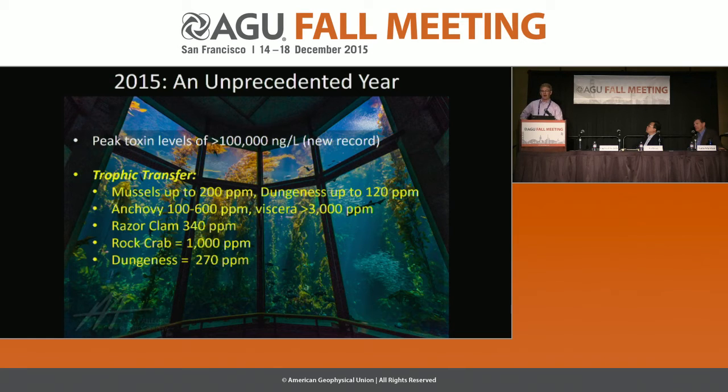Showing you just the records, and so these are only values where we've exceeded anything that anybody's ever seen before. We've had records in mussels, records in Dungeness crab, actually the Dungeness got even higher, records in rock crab, records in razor clam, and incredibly high values in anchovy. The regulatory limit is 20. And so anything over 20, they would start shutting down fisheries. And so you can see these values are 20 to 30 times higher in things like anchovy than are allowed